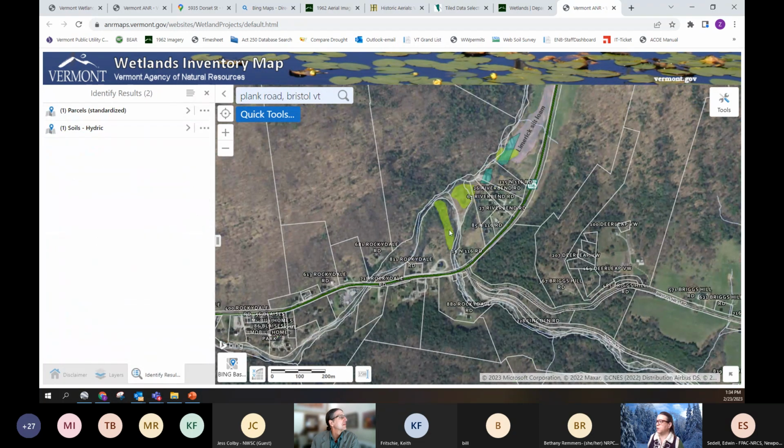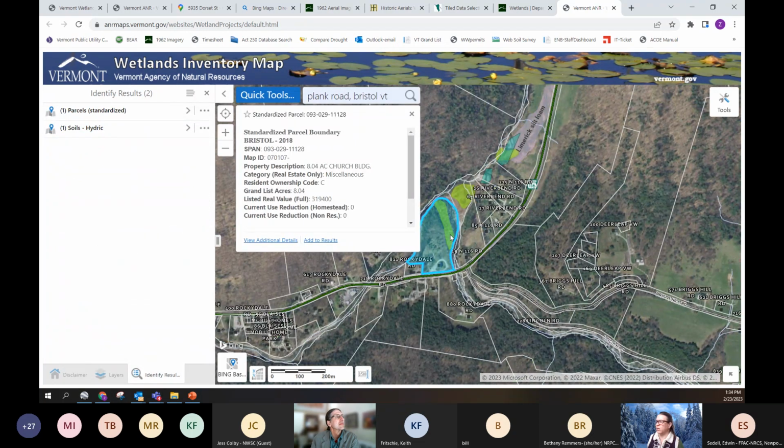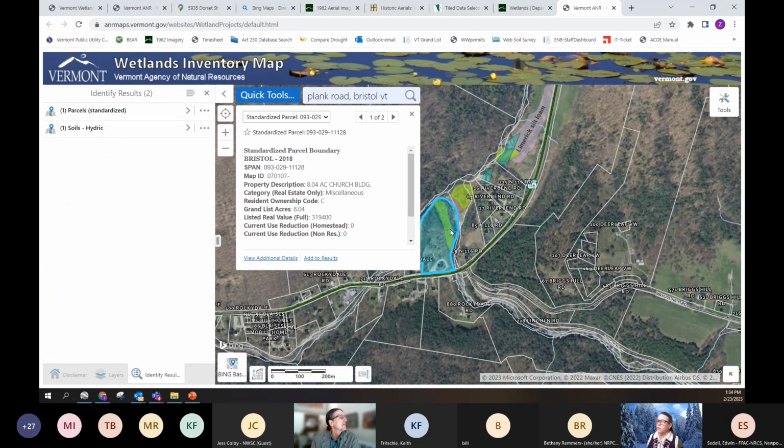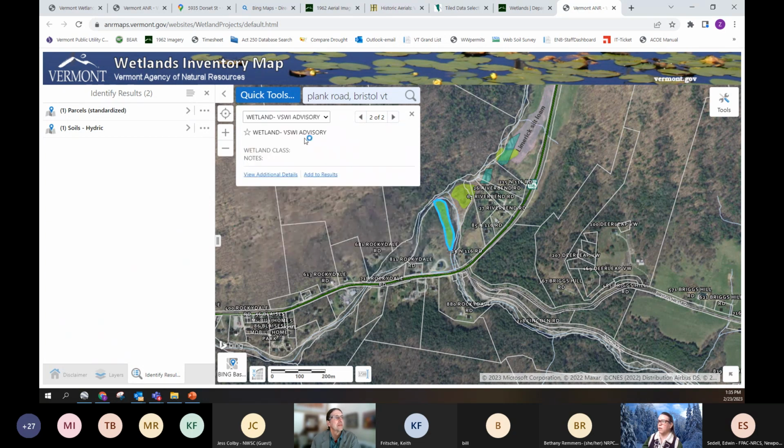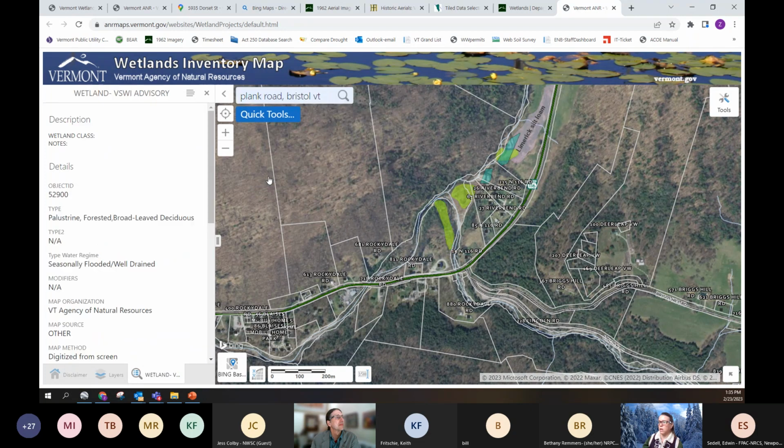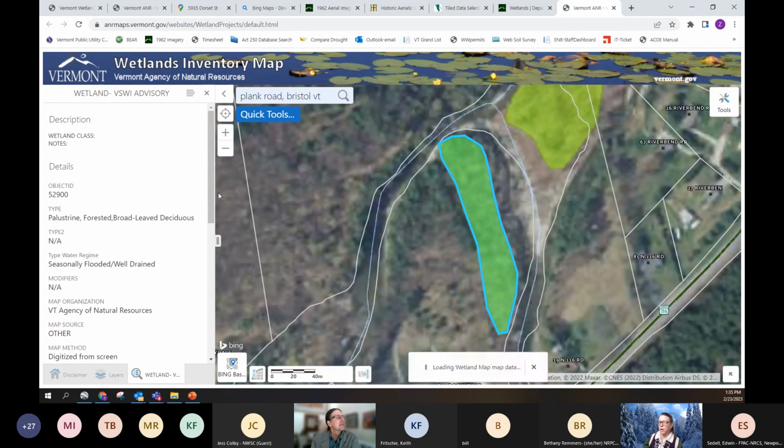But if, for example, you wanted to know, what is that green dot? If you just left click it, you're going to get a result button here that says you have 2 results, 1 of 2. The parcel is always going to come up, or you can scroll over and it's going to highlight that if there's an advisory layer, it's a wetland, and you can look for additional details. And when you do details, it'll open it up